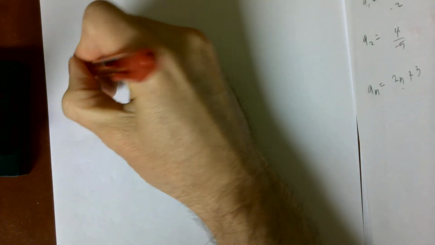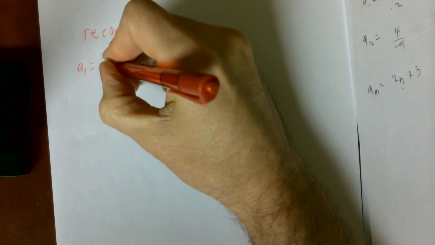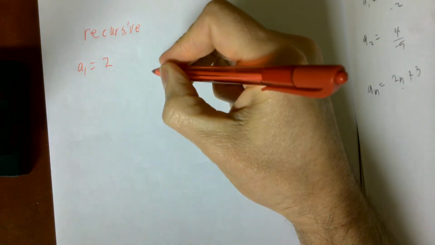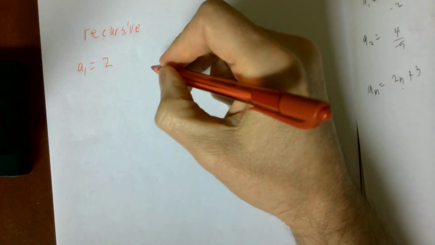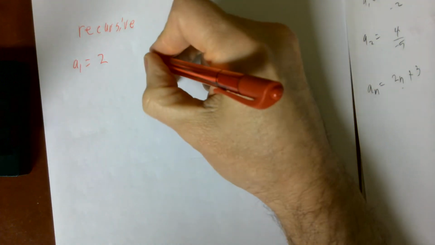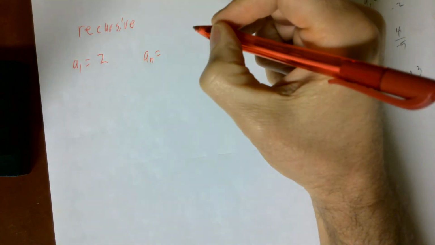Now, here's what a recursive formula looks like. A recursive formula has two parts. They have to tell you the first term. I'll say the first term's a 2. And then they have something that may look kind of weird. I'll say a sub n equals